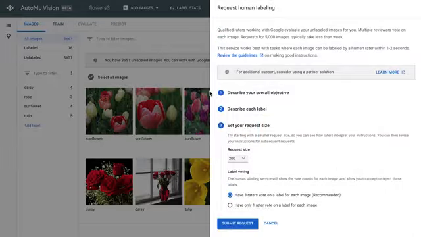And when you're finished, you can then set the size of the request. Our recommendation is to start small to make sure that the human raters understand the task well. And then, gradually over time, if they do, you can increase the size of your request. So in my case, I'll set it to a request size of 100, which means that 100 images will be randomly sent to the human raters, and they will provide the ratings for each one. You also have the ability to control how many raters see each image. By default, 3 raters will see each image, which allows you to deal with any kind of inconsistency in your data. And then click Submit Request.